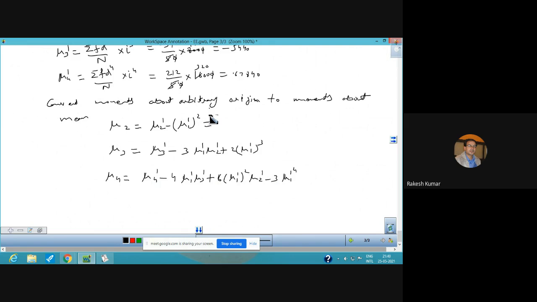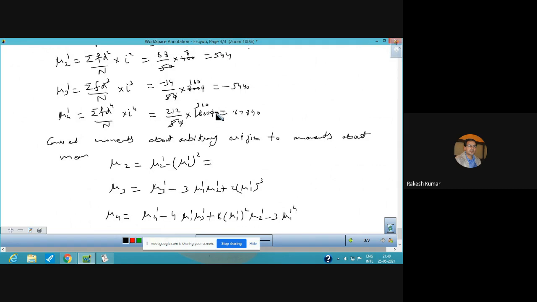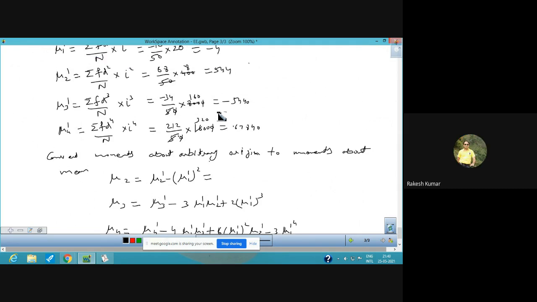So mu2 dash, now let us put the value. So mu2 dash is actually 544 minus mu1 dash square, which comes out to be 16. So that comes out to be 528. This will be your second movement. If you see now, next we will have